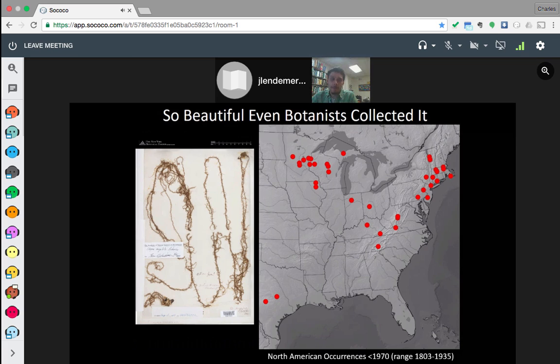This distribution map is developed from all of the specimens that we've seen from all of the North American and European herbaria that would be likely to hold specimens of this species. Not only are these digitized specimen records that I've transcribed from digitized labels put out there as part of various NSF-funded projects, but they're also specimens that we physically borrowed on loan from herbaria and confirmed to make sure that the identification was correct. All of these dots represent the entire known range of this species in North America